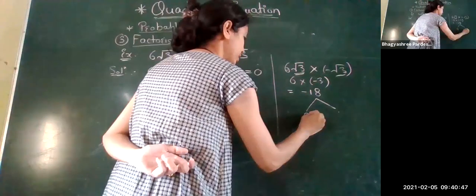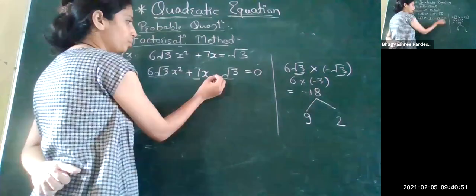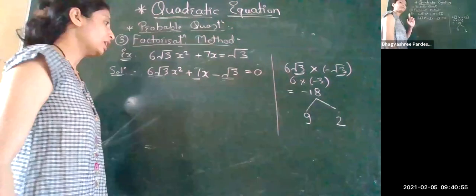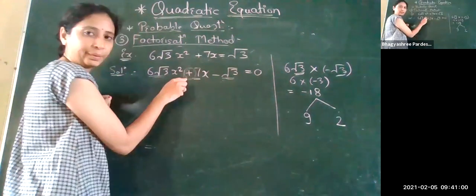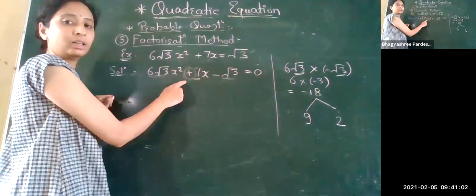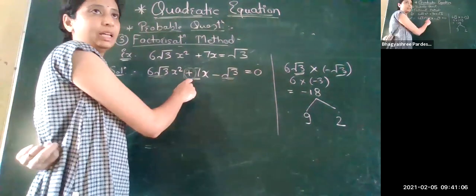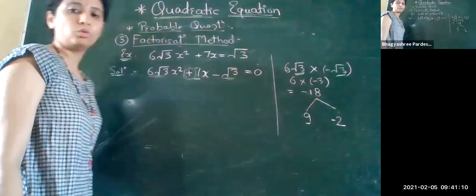It is 9 and again look here, minus 18. That means one term is definitely negative. Now which term do we have to give negative? What is the sign of this one? Plus sign. That means the bigger number will get the positive sign and the smaller number will get the negative sign. So since here small is 2, these are the two factors, 9 and minus 2.